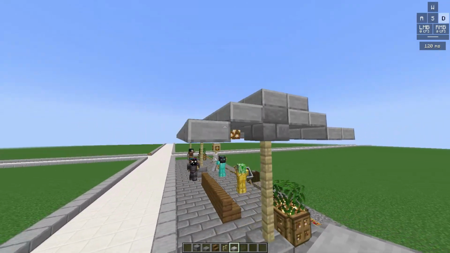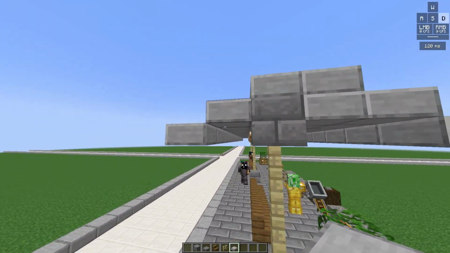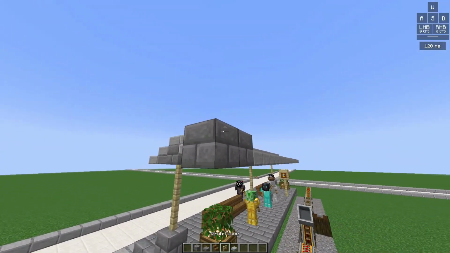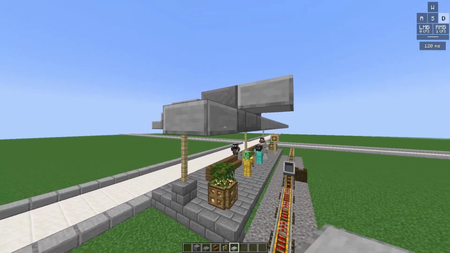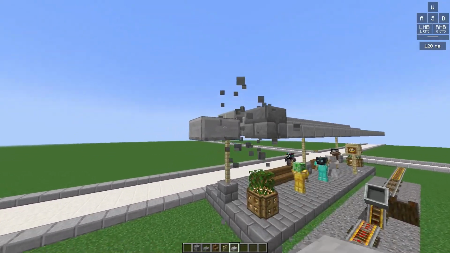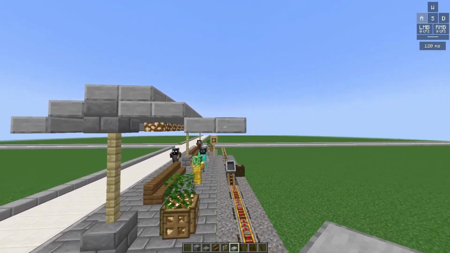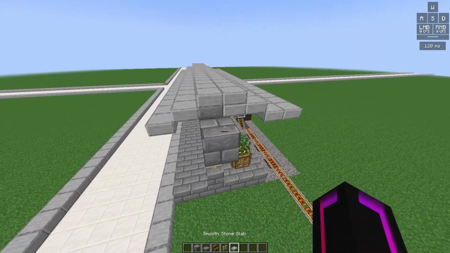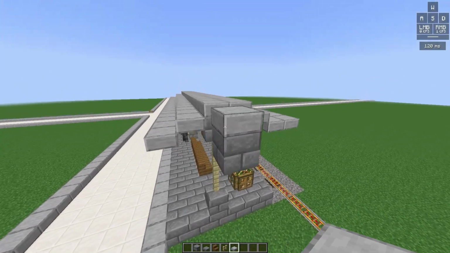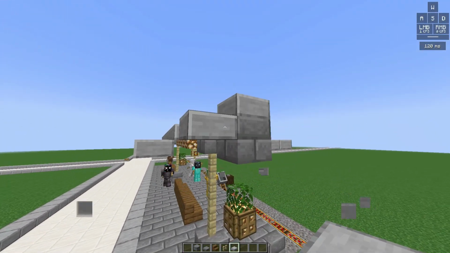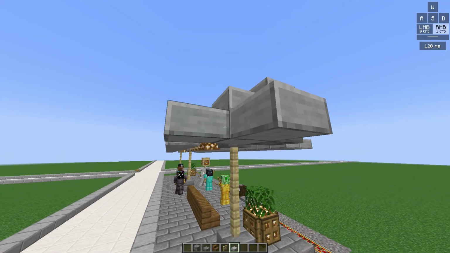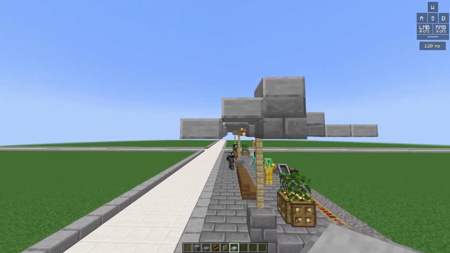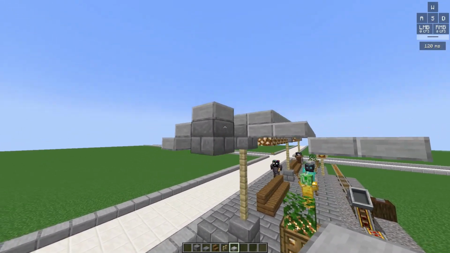So the tricky part is making it bend. So what you do is you just use these blocks and you can either place the slabs on the top or on the bottom like this. And using this, you can angle the blocks. So how you build it is you get the block, then you place a slab on top, slab on the side, and then go down and then over here. And then you break this and replace it. So it creates that angle. Same thing on the other side.